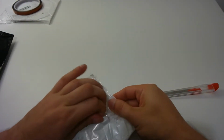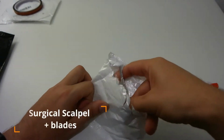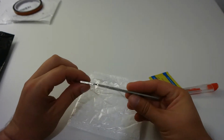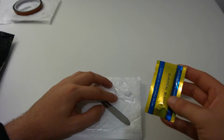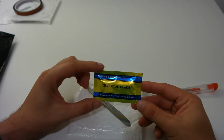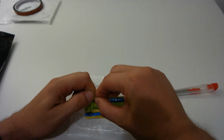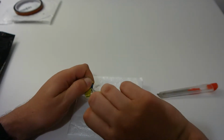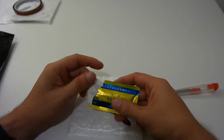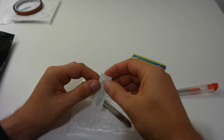I really need a new scalpel. Oh, and here is a new scalpel. Here we have surgical blades. There are various tips for those blades. I've chosen blades, hard to open. I think there are 10 of them here. Yeah, there are 10. So I've chosen blades like this